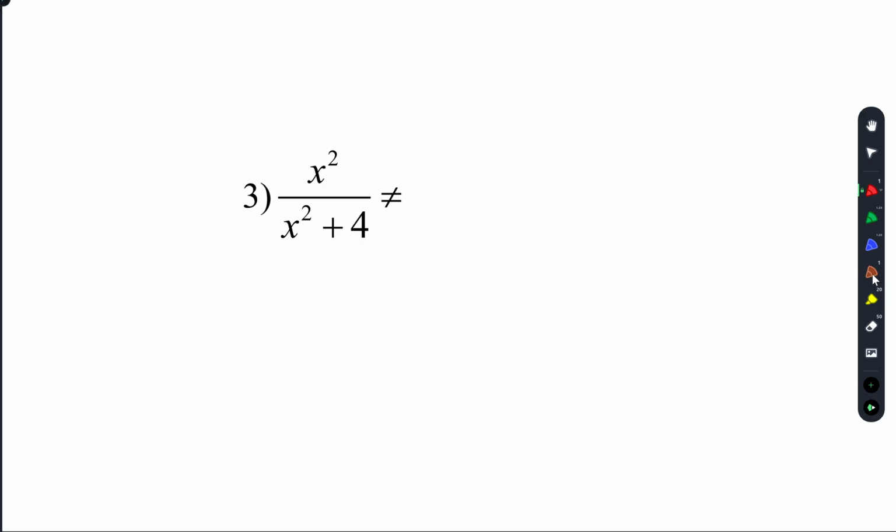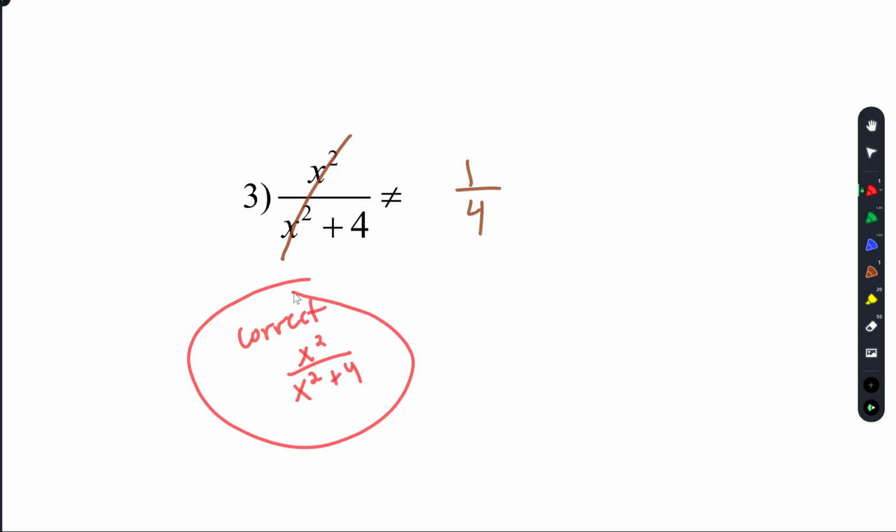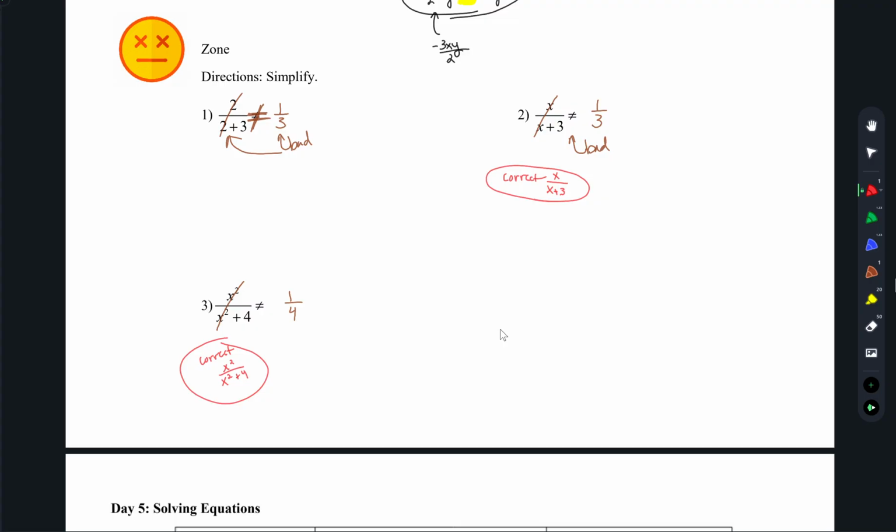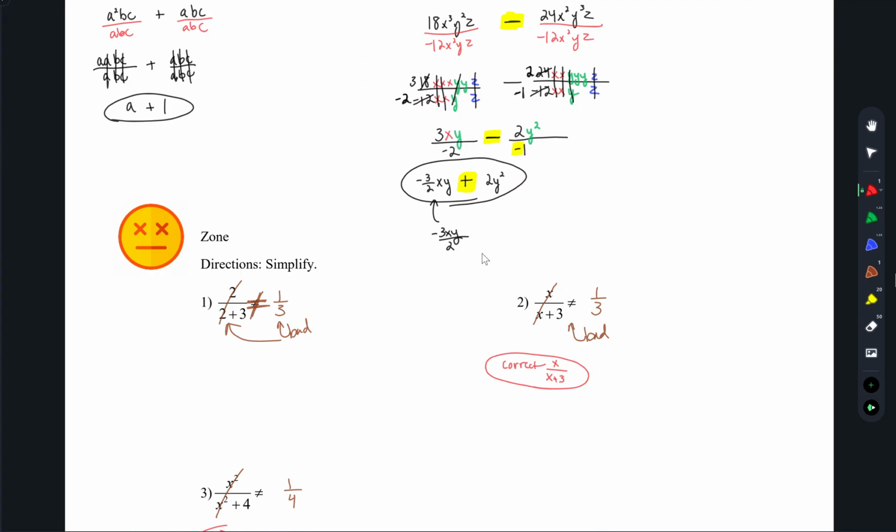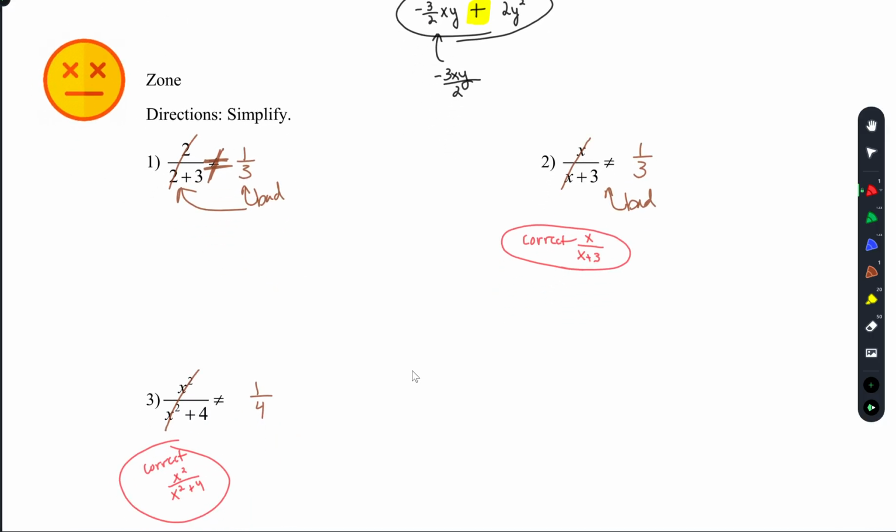Same thing here. Do you guys know what people write for the answer for this one? That's wrong. Do you have a guess? Someone said it. Yeah, 1/4. They go whoop, and then they say 1/4. Okay, that's wrong. Same thing. This is correct. What's correct is how it was before. So don't go slash happy. Do you know what I mean? It's good in multiplication, but not in addition. Okay, so just be really, really careful. Okay, can't put that up there. All right, so